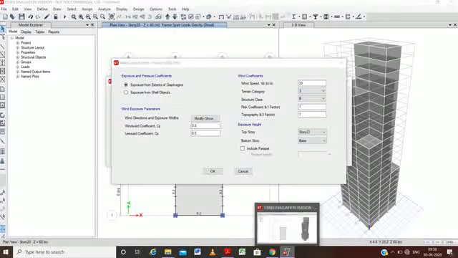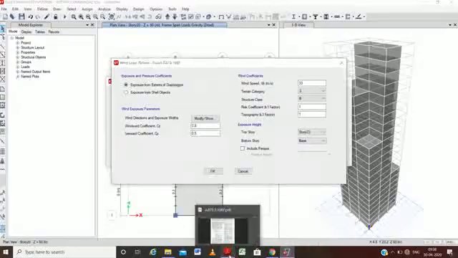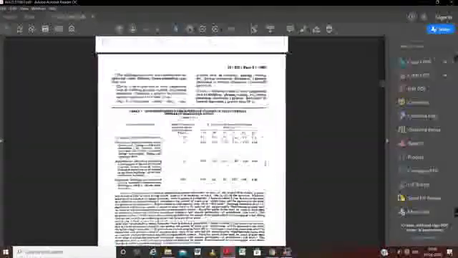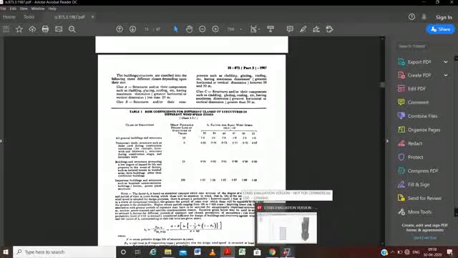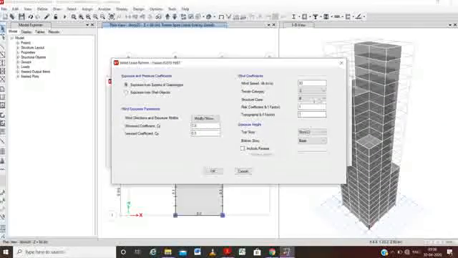And now we will go to structural class. For structural class, we will move down and we will get the structural class for different types of building: class A, class B and class C. Our building is greater than 50 meters, that is 23 into 3, that is 69 meters. So we will use the class C option. We will go to step 3 and use class C here.